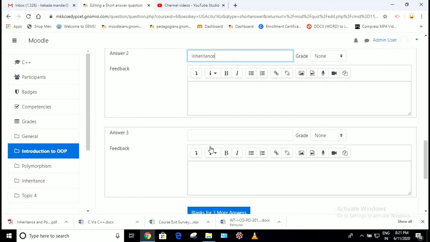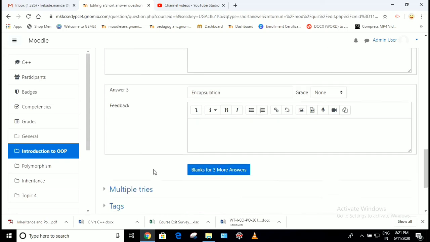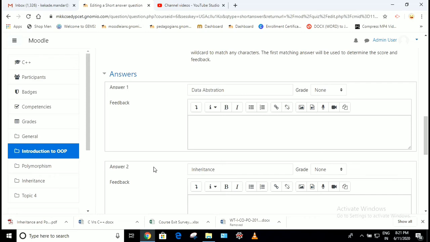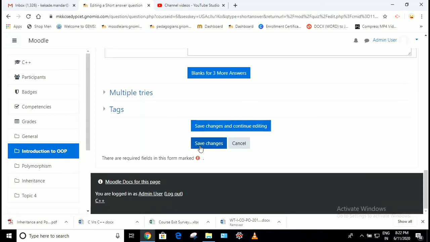Third option, encapsulation. And these are the 3 options I have given. Now we have to mark the correct option. So go to the grade and click here as 100%. The meaning is this answer is the correct answer, and click on save changes.